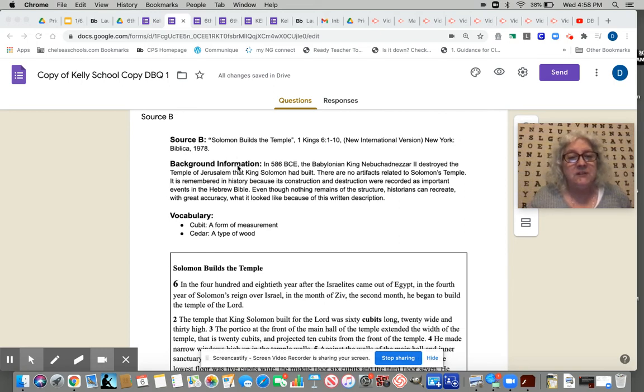Here's some background information. In 586 BCE, the Babylonian king, Nebuchadnezzar II, destroyed the temple of Jerusalem that King Solomon had built. There are no artifacts related to Solomon's temple. It is remembered in history because its construction and destruction were recorded as important events in the Hebrew Bible. Even though nothing remains of the structure, historians can recreate with great accuracy what it looked like because of this